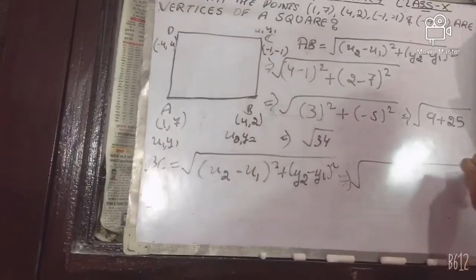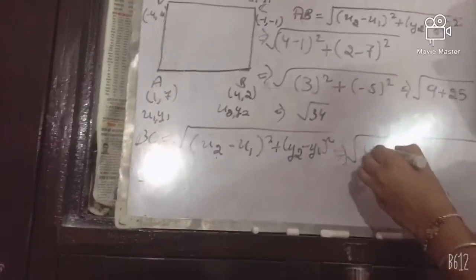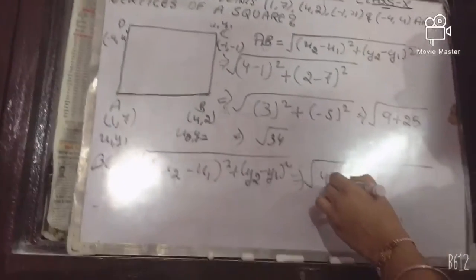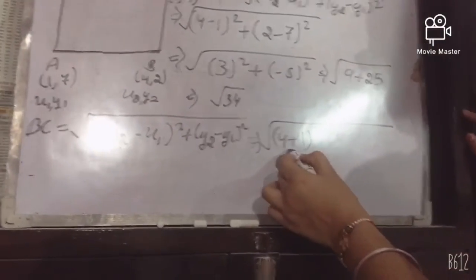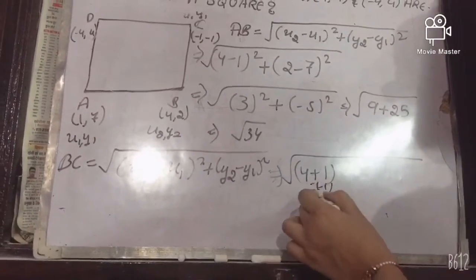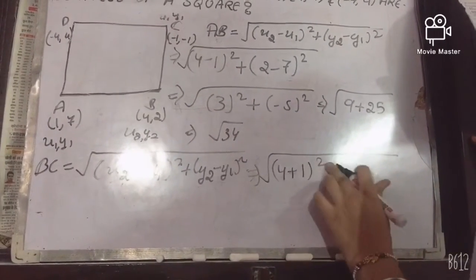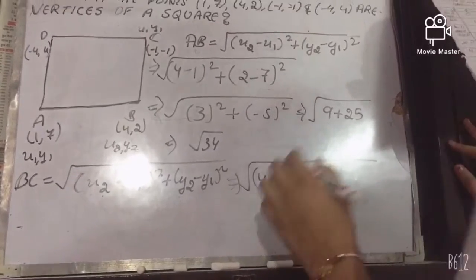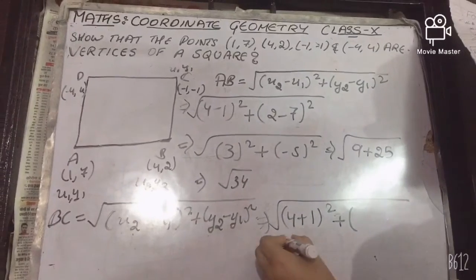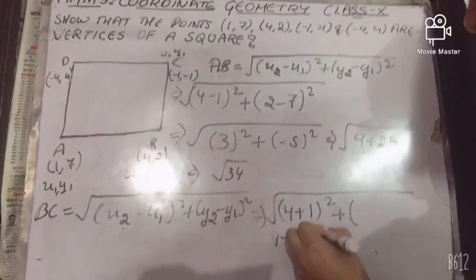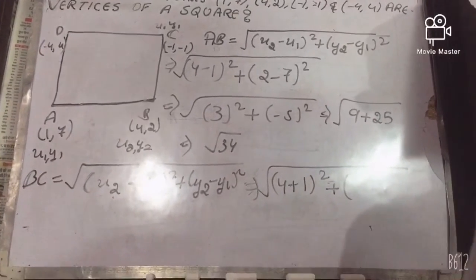So here x2 is 4 and x1 is -1, so it will automatically become 1 plus 1, because minus and another minus make plus, so I have directly written plus 1 here. Then don't be confused, okay? See, there was a minus, and when we write it like this, it becomes plus, so I have directly written it. My one step is being consumed.